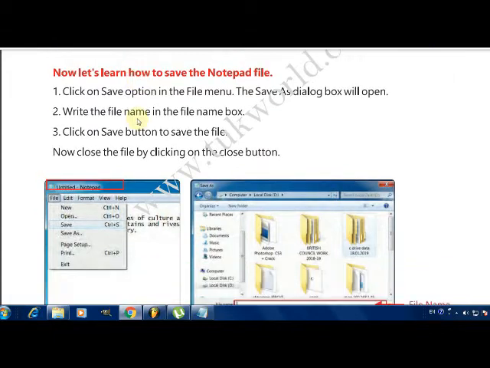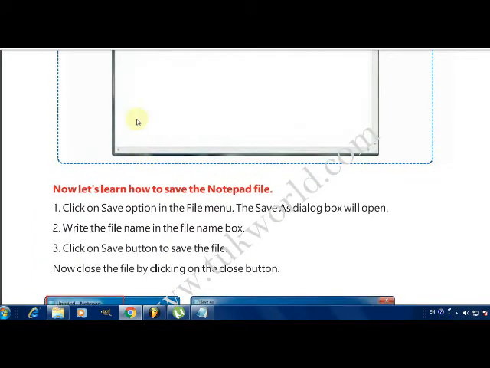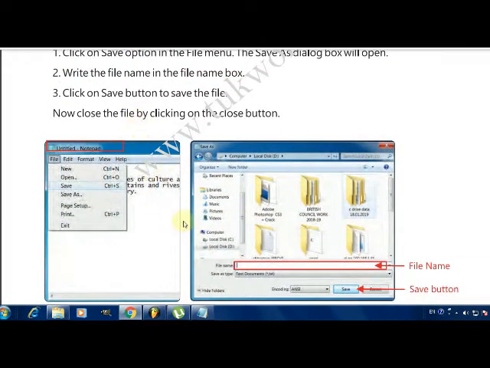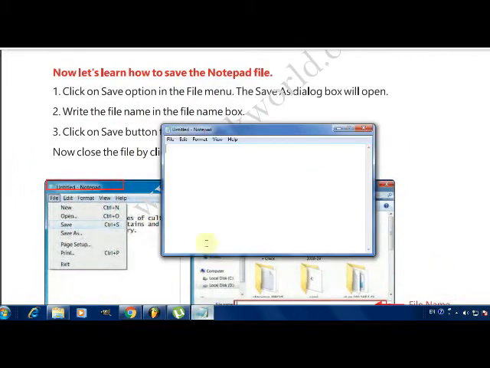Now you all know how to open this application, and you know the different parts of notepad. Now let's see how to type. If you know how to type, no problem, but if you don't know, let's see. If you want to type anything in notepad, first you should open it. Now it is open. Now we have to type whatever matter we want. I'm going to type here the name of a school, that is Holiday. Now a name has been entered.